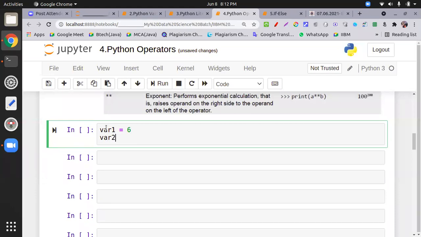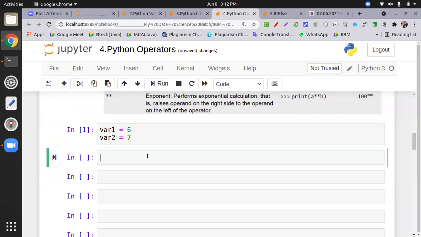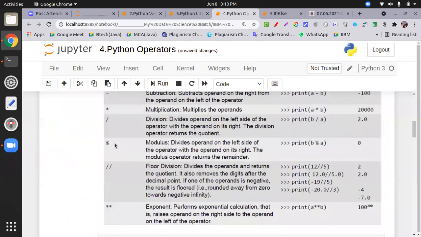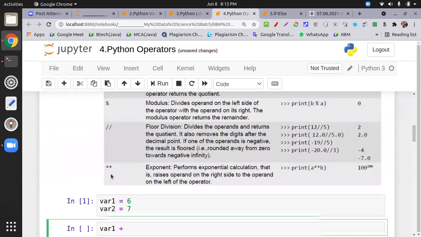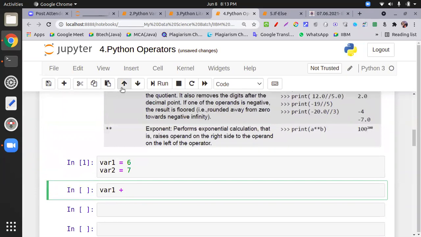var2 equal to 7. Okay, so what I do over here, perform. I hope I am not required to explain the plus minus thing. I just perform the operations over here. You get the result of plus, minus, multiplication, division. Yes, modulus. Okay, so if I put var1 modulus var2,